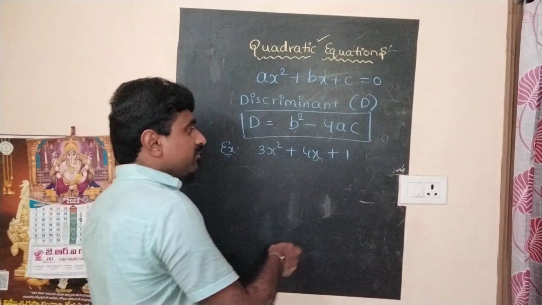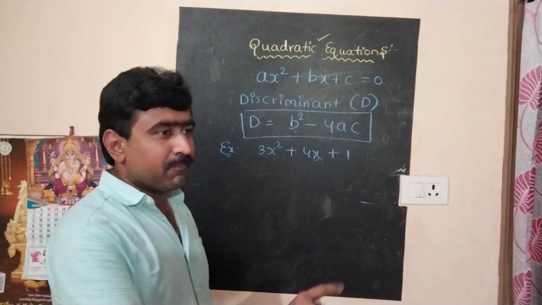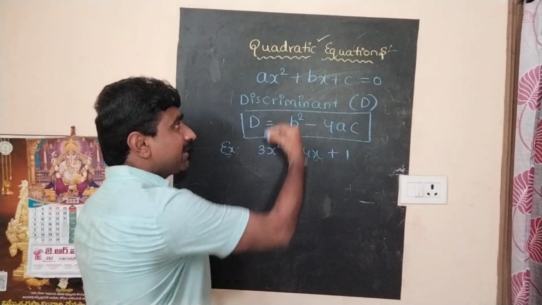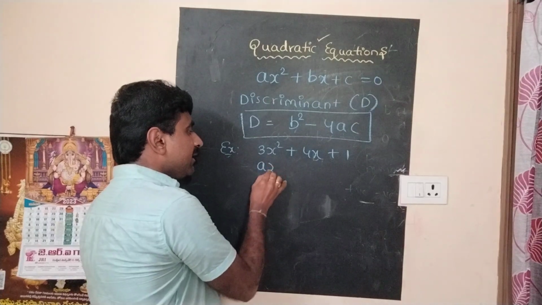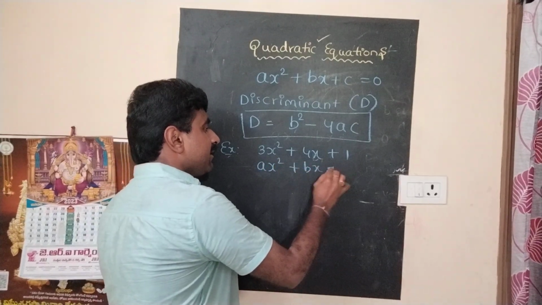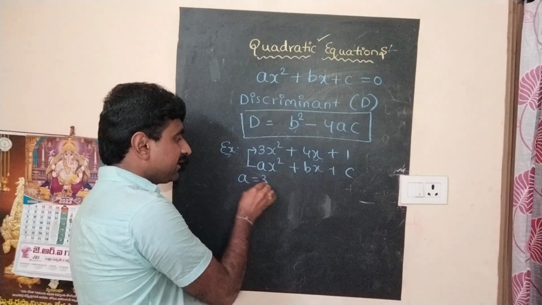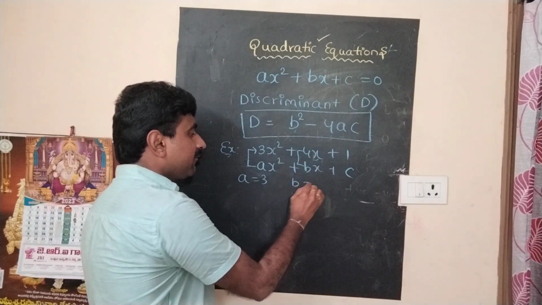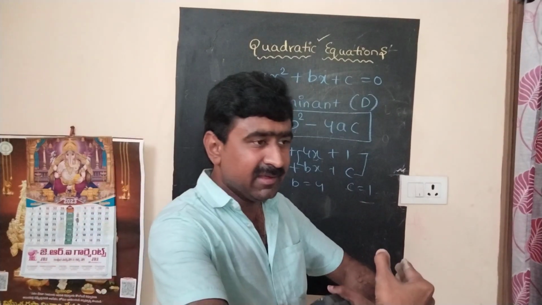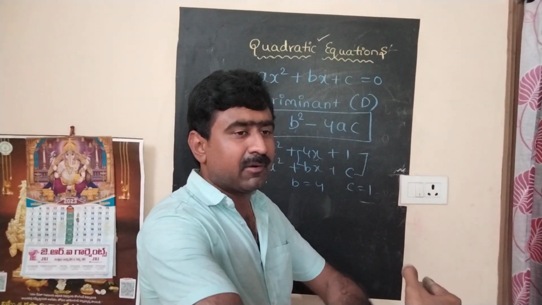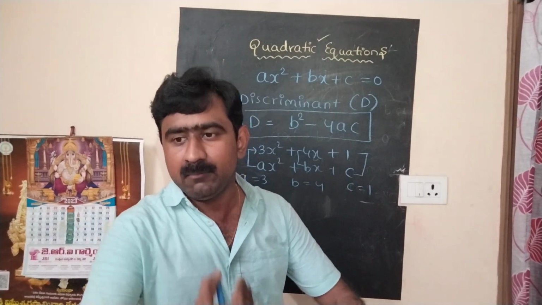సో ఇక్కడ discriminant ఫైండ్ అవుట్ చేసే ముందు we need to remember, first of all, you have to find out the a, b, c values comparing with ax square plus bx plus c. ఇచ్చినటువంటి ఈక్వేషన్ ని కంపేర్ చేసుకోండి ax square plus bx plus c తో. అంటే in the place of a we will be having 3, so a equal to 3, in the place of b we will be having 4, and in the place of c we will be having 1. So we have to compare the given quadratic equation with the general structure of the equation so that we can obtain a, b, c values.